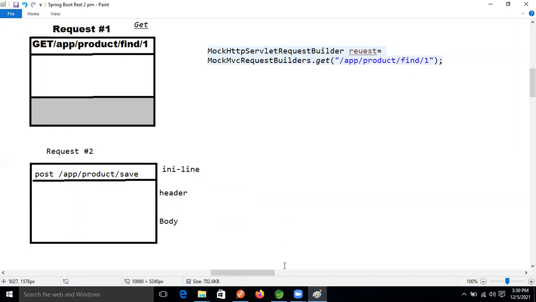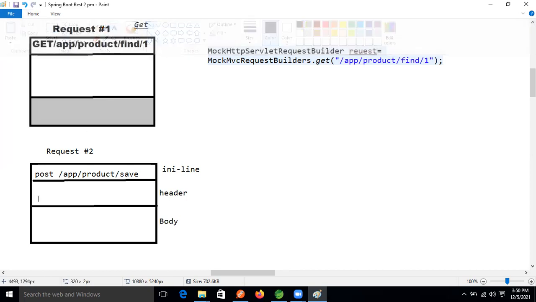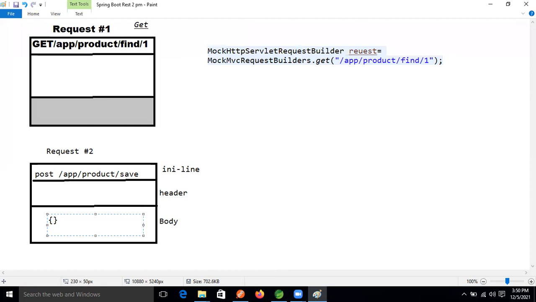I don't know whether the people remember or not. In the body section, if JSON data is there, guys, for example I'm creating here, see this. Just JSON with a product name, PRD name, colon, mobile. Just mobile. This is the data in the body section.